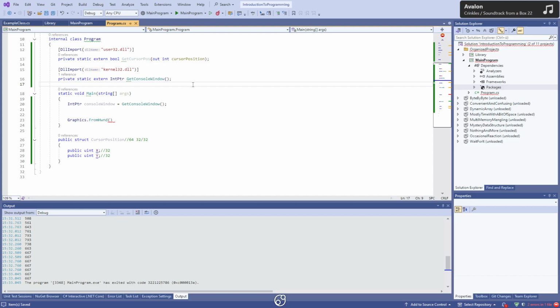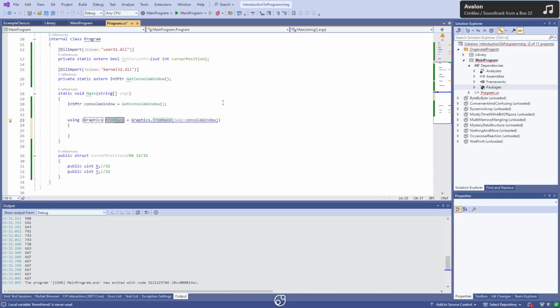So when we start the console, this console is a window we see, and we're getting a reference to this window that is used by the operating system itself. And we can then use this to reference our window when using this graphics object from the System.Drawing.Common console window. And we're gonna grab that in the using, like that. And then we can use the graphics object to